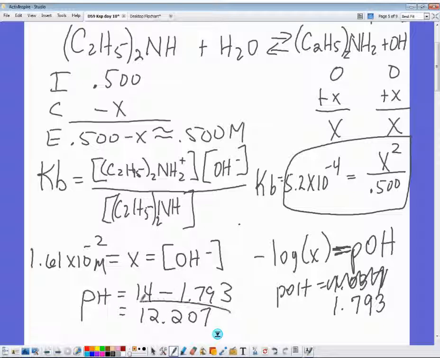12.207. Why does that look better for a pH of a base? Because it's above 7, because it's a base. If it's a base, it better be above 7 for the pH, not below 7. You've got to pay attention to those kinds of little details. Yes, you do. All right. So why did I extend the owl